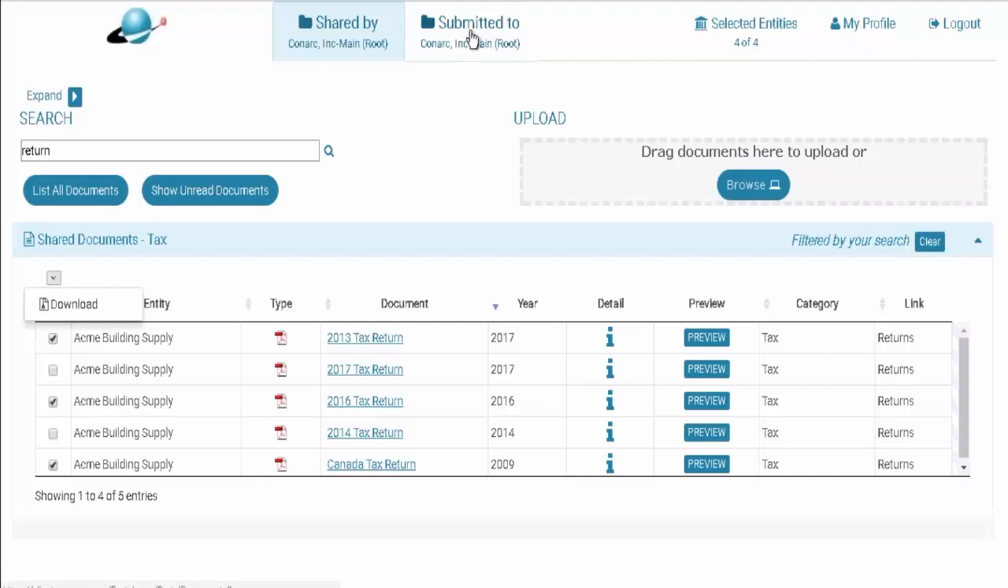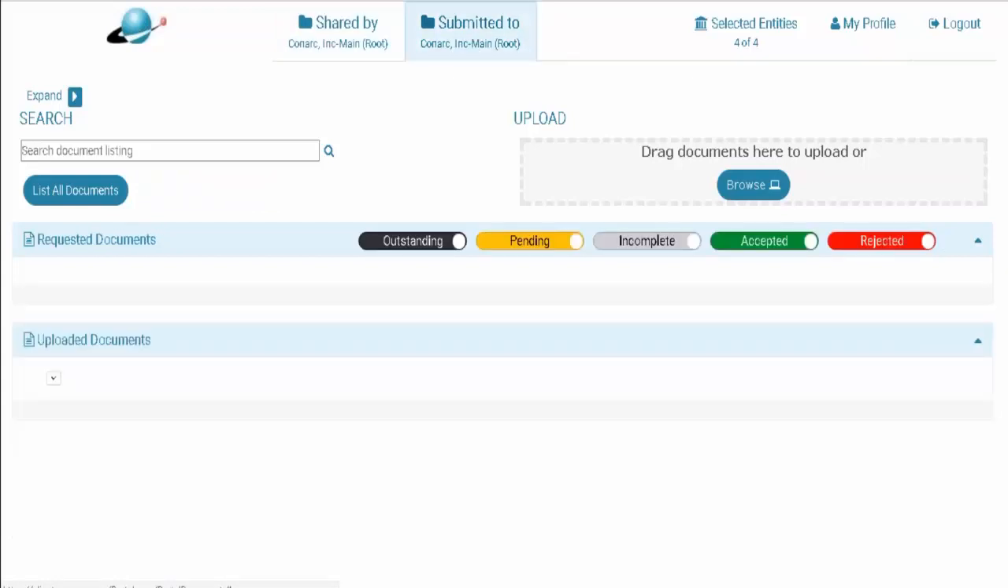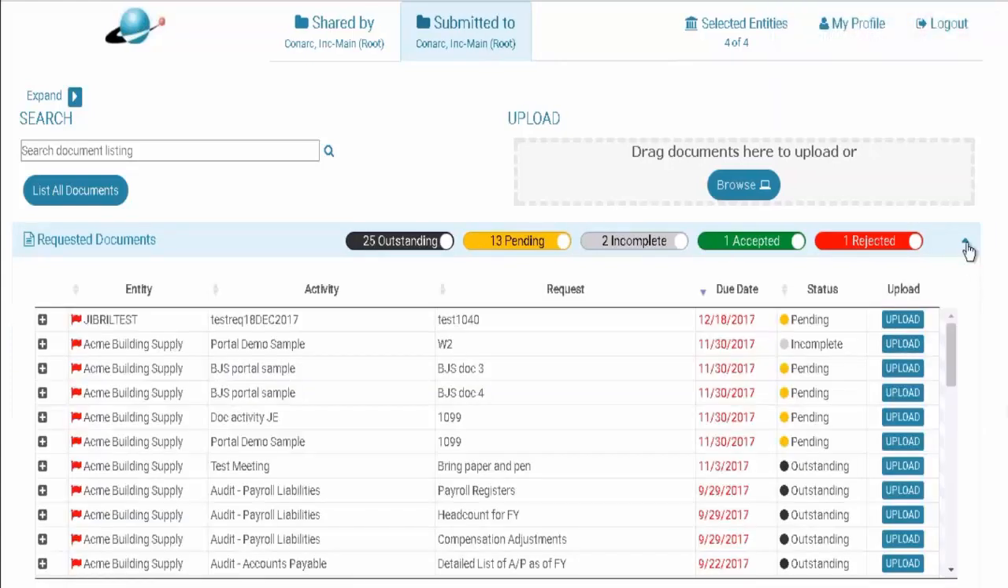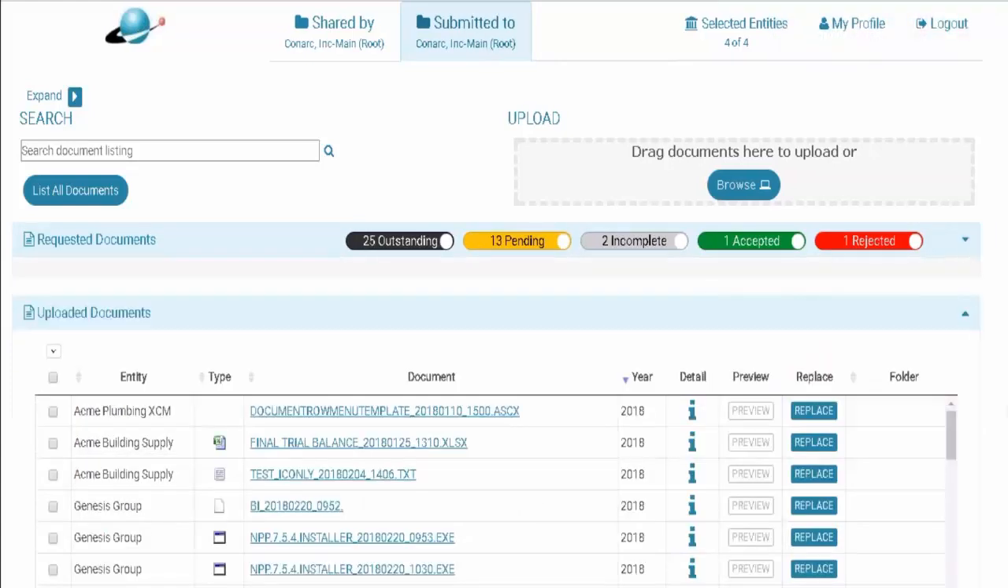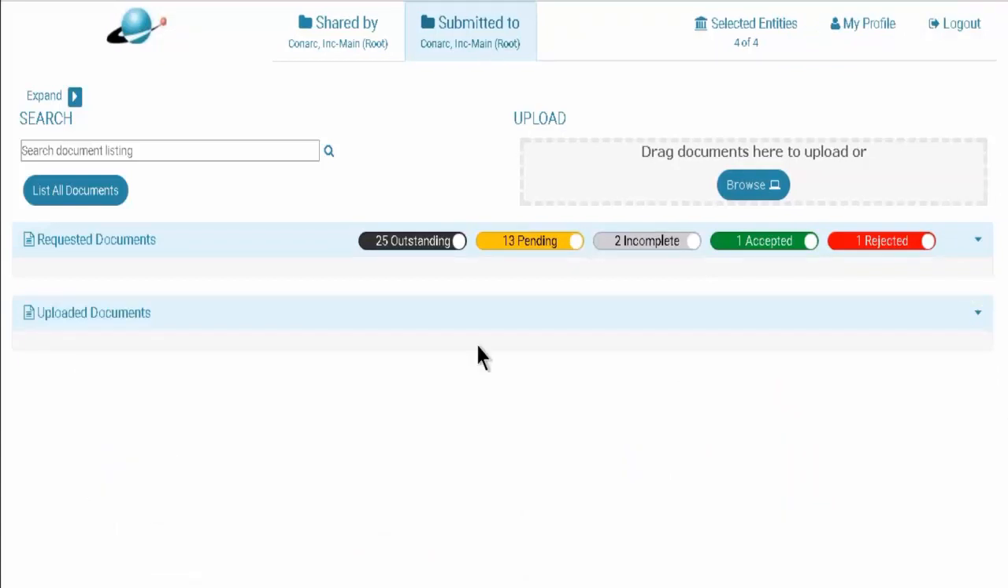If I were to go up here and click the Submitted To button, I can see the information that I'm going to send back. And this information is broken down into 2 groups as well. I'll minimize these so that you can see it. You have the ability to see uploaded documents, so the documents that you have sent the organization that's provided you